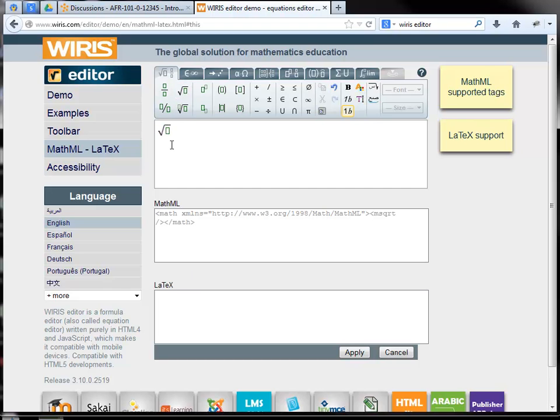Square root of 16. You click the square root button and then enter the 16 below. You'll notice that below the actual equation you'll see both the MathML code, which is the underlying formatting, and the LaTeX notation. Both of them can be used within Desire2Learn, but for its shortness we're going to use the LaTeX